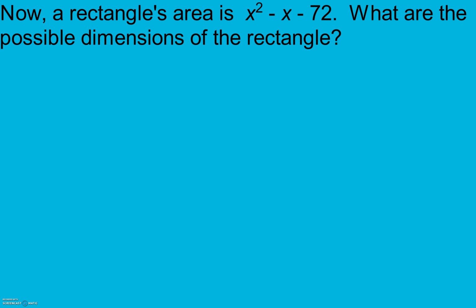A rectangle's area is x squared minus x minus 72. What are the possible dimensions of the rectangle? Again, since we're talking dimensions of a rectangle, we're looking length times width. So we're looking for two things multiplied together. So we're going to write this as two things multiplied together. To get to x squared, I can take x times x. To multiply to 72,